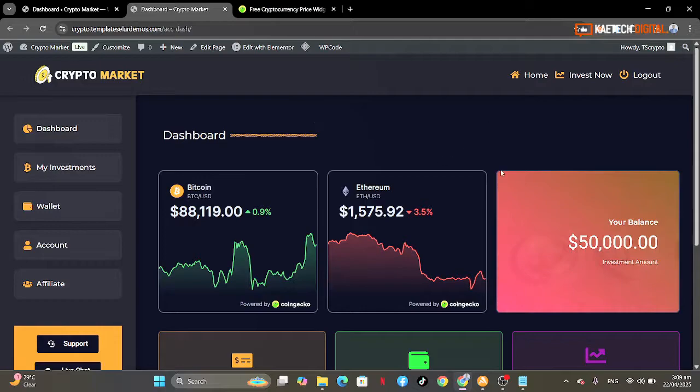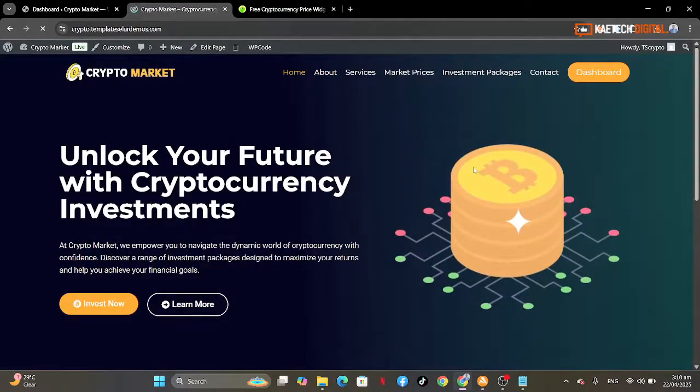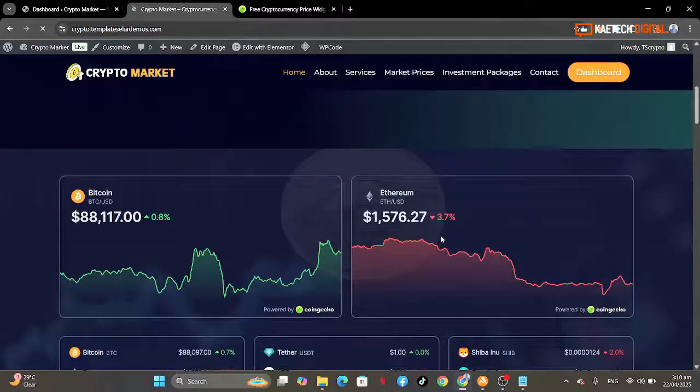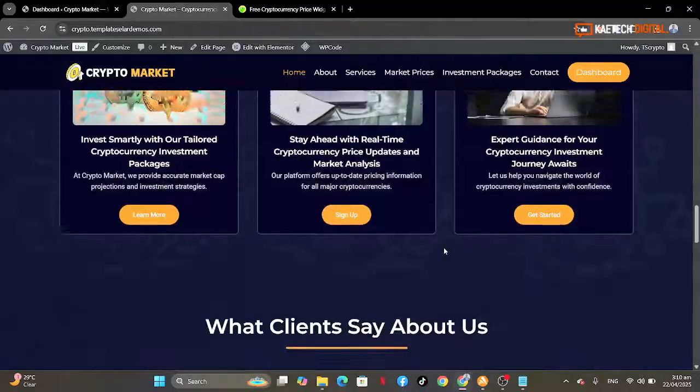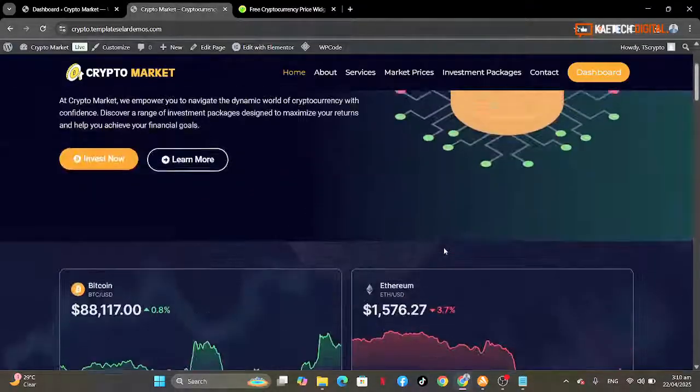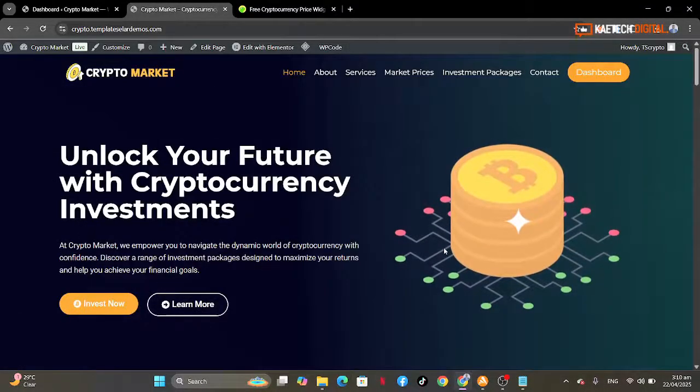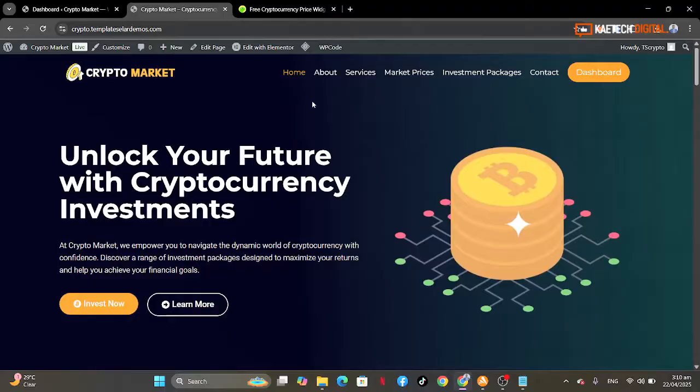Now this particular dashboard is not a standalone dashboard. It comes with a complete website. So if I go to the home page, I'm going to show you how the whole thing looks like, and then the dashboard is just attached to this particular website. So this is the website itself over here. As you can see, it is a complete cryptocurrency investment website,